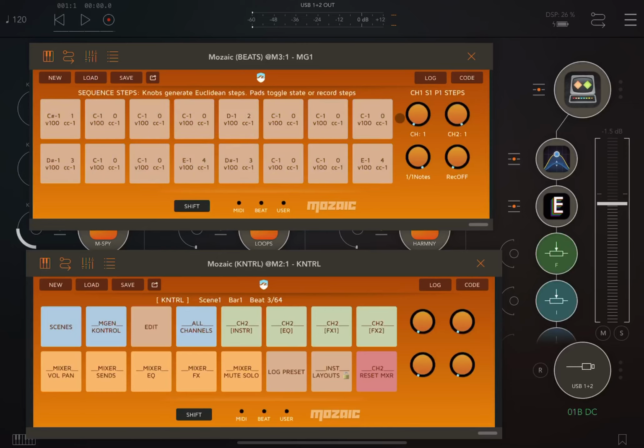Coming back to the steps page, I've also got my 4 channels here, and I've changed the rate from 16th notes up to whole bars. So that'll be the step rate. I can change the length of a clip as well, but in this case we're just going to leave the length as is and set the step rate to whole bars. If I put in a C-sharp -1 on here and a C1 on here and press play,